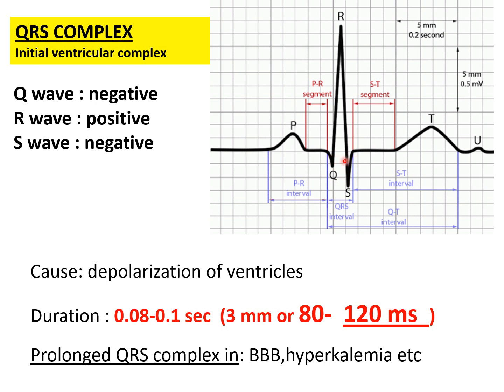So for QRS complex, you have to consider the normal duration. You have to check the duration of the QRS complex. It will be around 80 to 120 millisecond, should be less than 120 millisecond. This is the normal duration of QRS complex. And remember what you have to consider if it is exceeded. By correlating with the clinical condition, you can suspect either bundle branch block or even hyperkalemia. In these conditions, the QRS complex can be widened or prolonged if it is exceeding more than 120 millisecond.